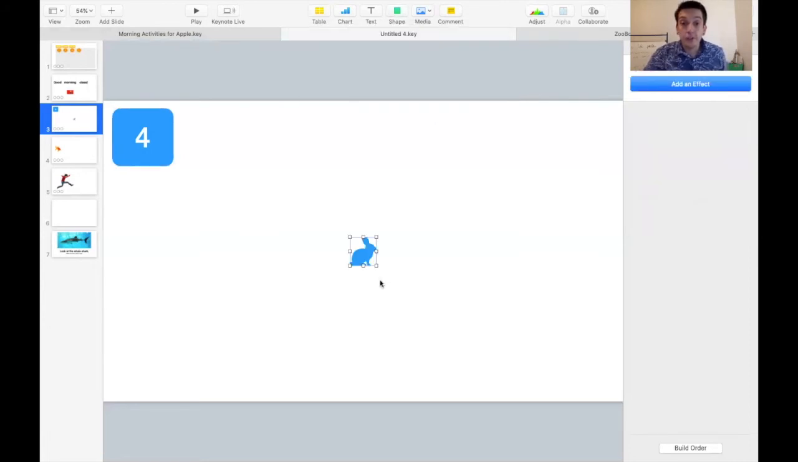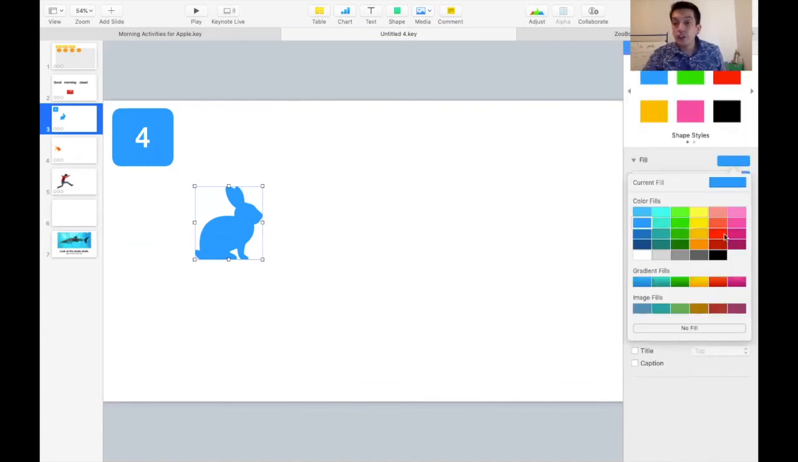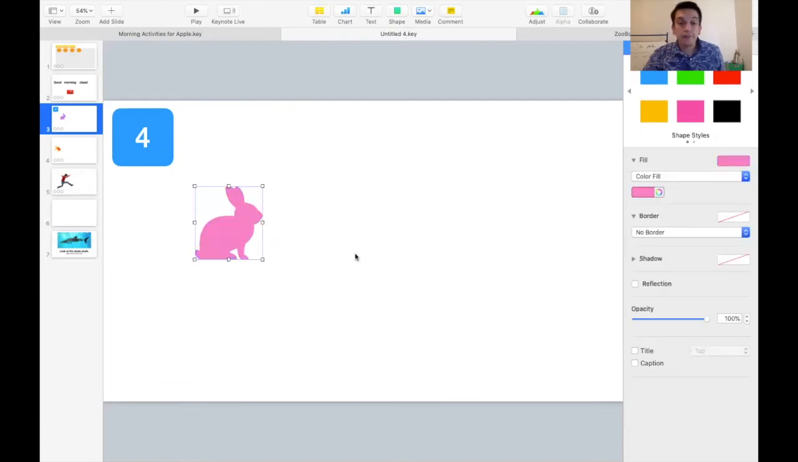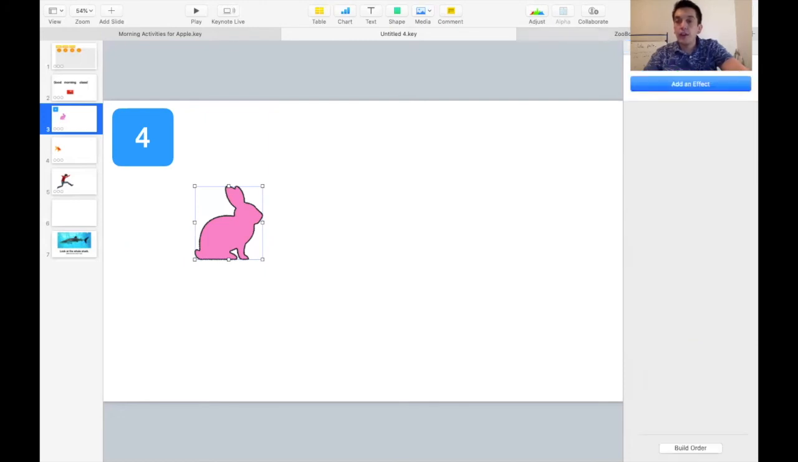I'm gonna do some cute rabbits, and let's go ahead and change their color. So again, top right-hand corner, format, and style. We can change the color of this rabbit. I want him to be a cute pink rabbit. Cool. And let's go ahead and do a border just for fun. And there we go. So now what I want to do with this guy is I want him to bounce,